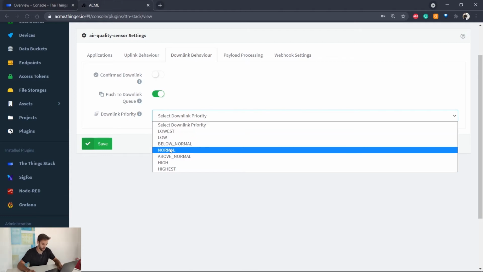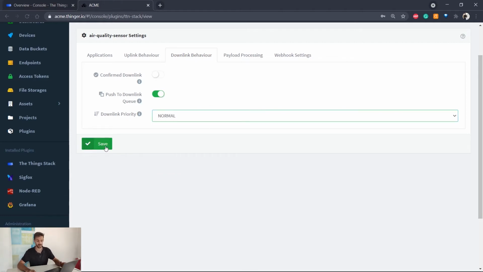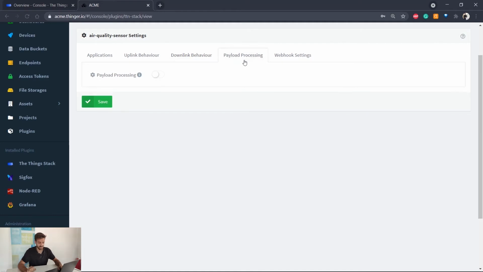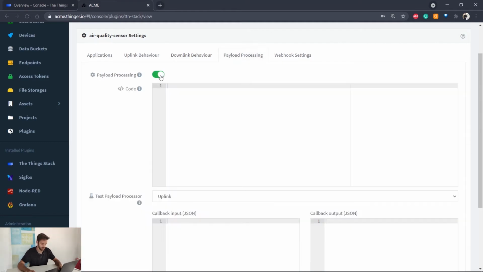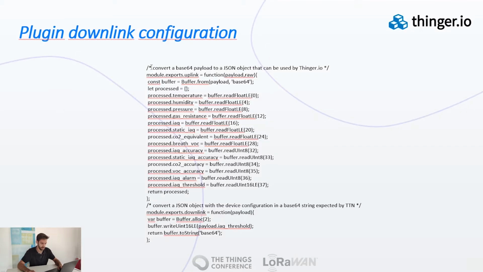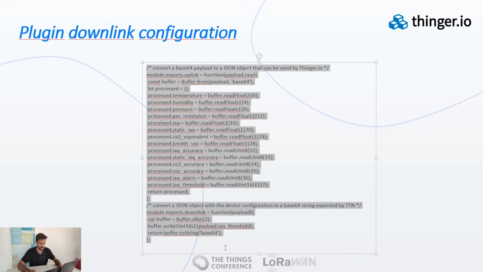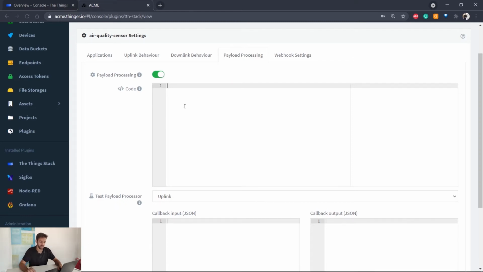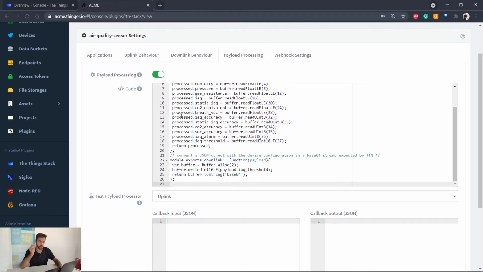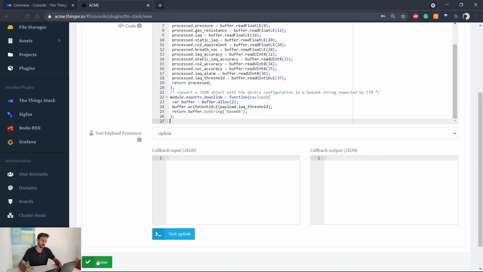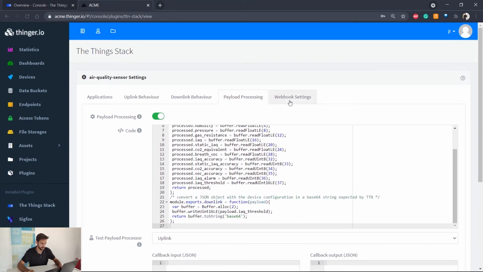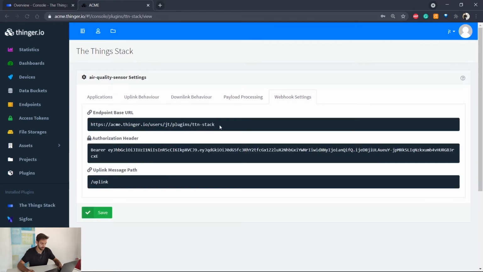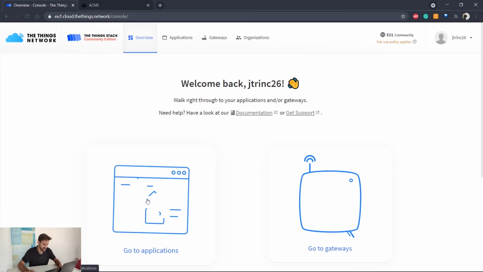Now we are going to move to the most interesting tab, which is the Payload Processing one, that allows us to place a Node.js script to decode the payload of the message and use the format we prefer to be stored in our data bucket. Finally, the webhook setting tab will provide us all the useful information we will need to make the final configuration in TTN console. So let's go to TTN Stack console